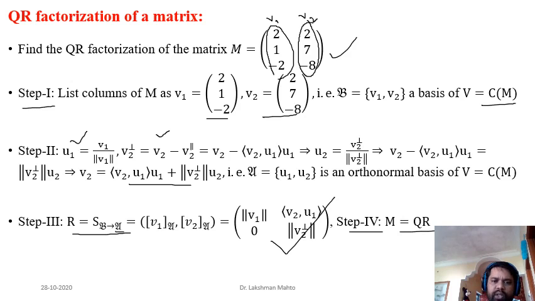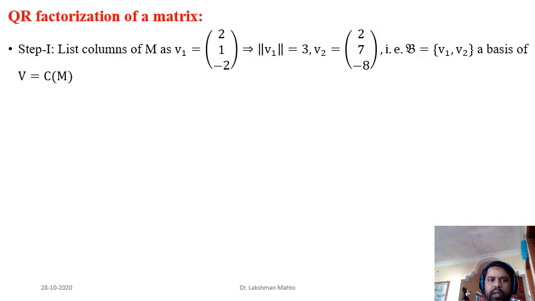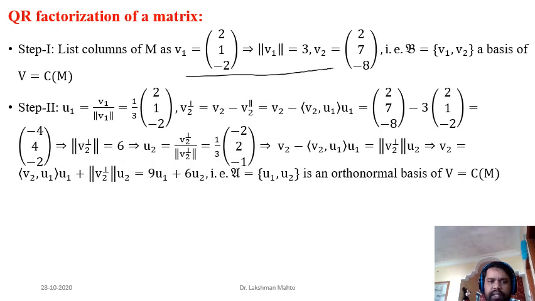Again I have written the algorithm, but the solution I will talk about here. So directly here, I will not recall those general perspectives. In this, we will try to factor the matrix M into QR. So the first step is listing, the second step is calculation or construction of orthonormal vectors.